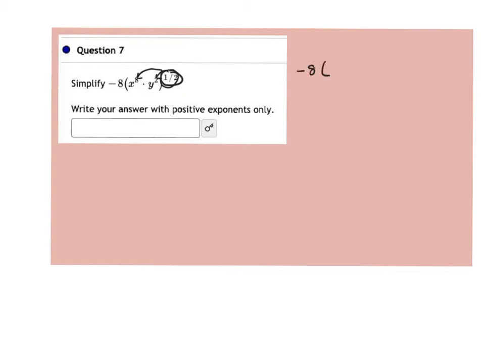-8 times x. Now if I take x to the 8th times 1/2, that's going to be x to the 4th. And I'm going to have x to the 4th here. And if I do y squared times 1/2, that's just going to be y to the 1st, or just y. So it'll be times y. Now this -8, nothing really happens with that